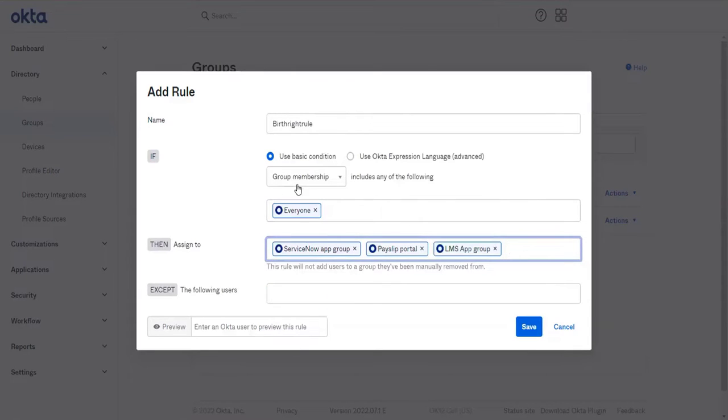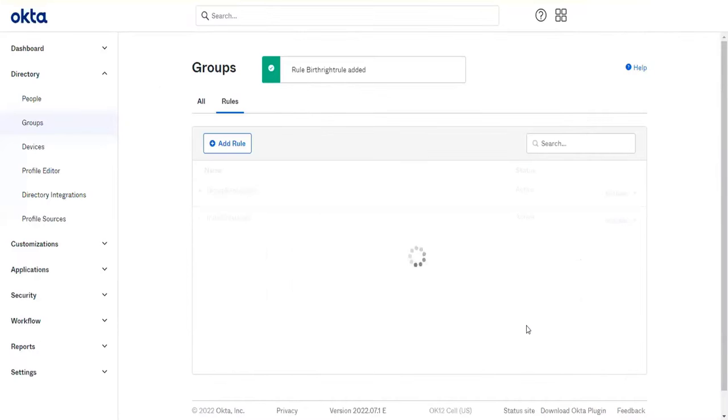Okay. So whenever a user account is getting added to the Everyone group, automatically these 3 accesses should be given to them by default. Okay. Click Save. Activate it.